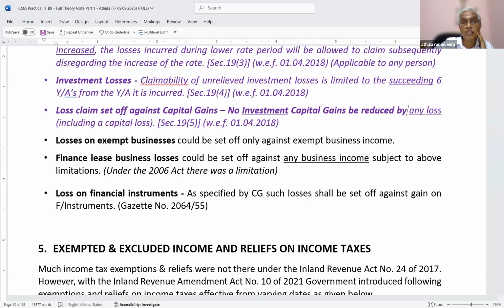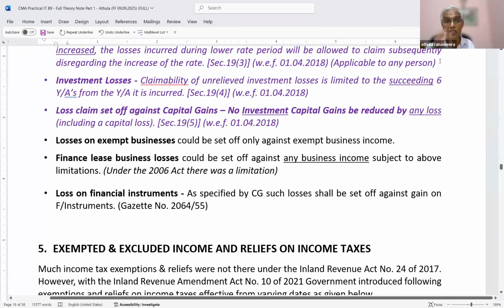In 2025-26, next year, they will definitely be getting a profit. Can that 1 million loss carry forward to next year and be enjoyed? No, it can't. Because this loss was incurred in a year when it was exempted, they can't claim it in a subsequent year.